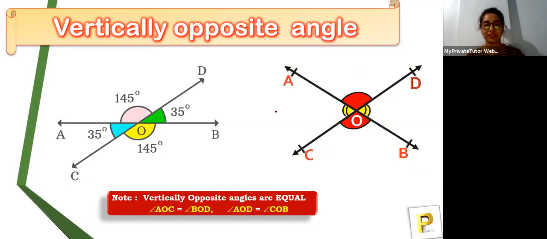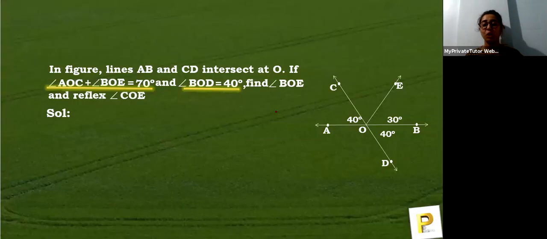Okay. So let's solve some examples regarding the topics we studied today, and then we'll come to the end of the session. So some questions, and guys, be ready to answer those. In the figure, lines AB and CD are two lines which intersect at point O. If angle AOC, like this is the angle AOC,